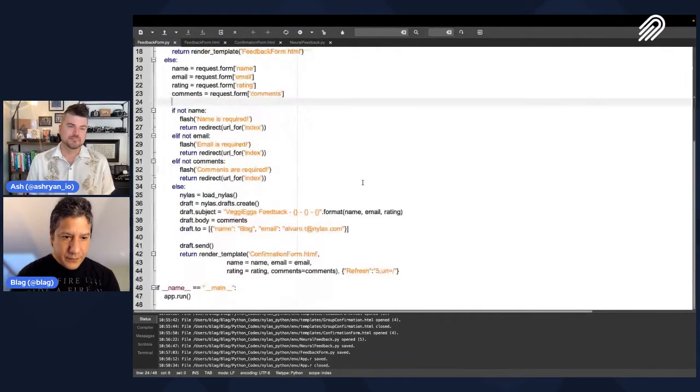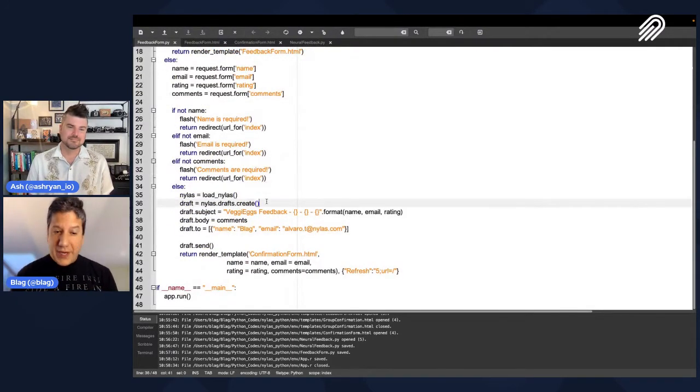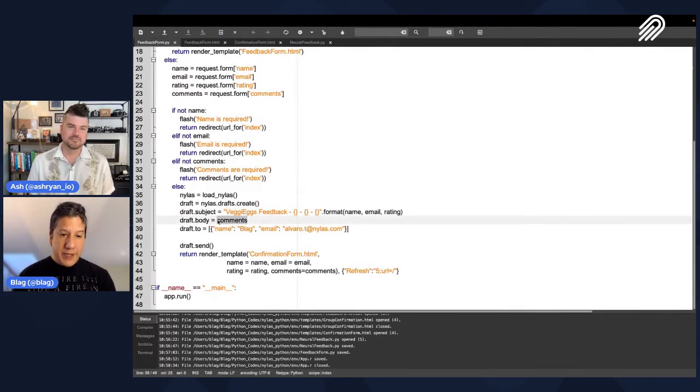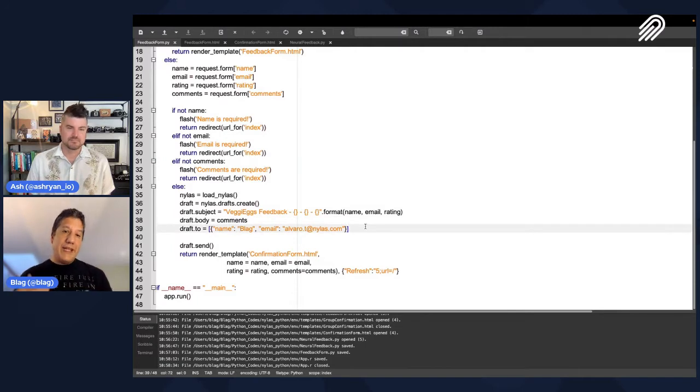Exactly. Here, the important thing is that we're going to create a draft. We're going to create the subject, which is going to be Veggie's feedback, and it's going to have the name, the email, and the rating. We're also going to pass the comments, and we're going to send the email to my inbox.